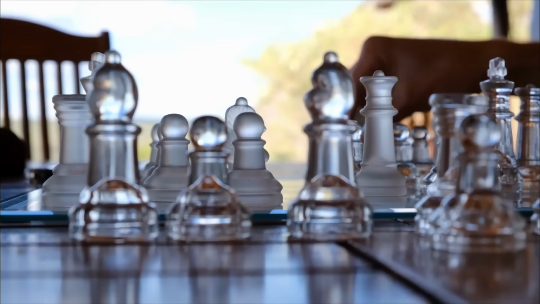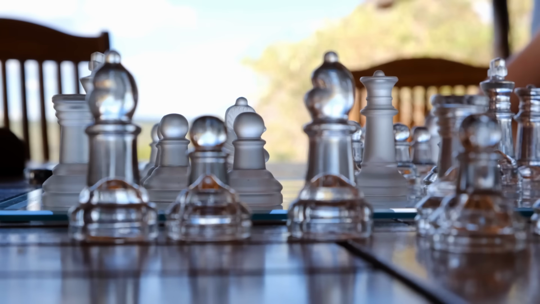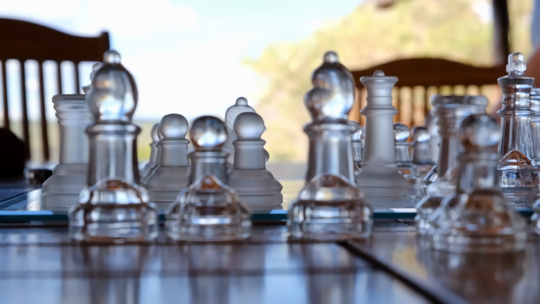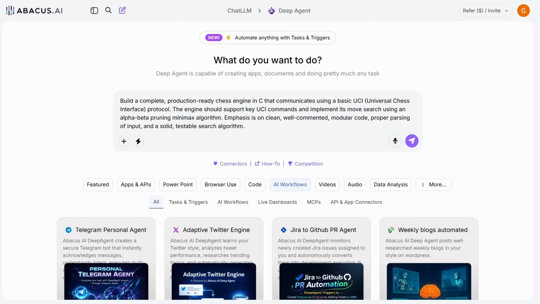Now, only a few years ago, chess was considered the toughest problem computers could solve. It was a benchmark of their intelligence. Now, the Abacus AI Deep Agent can code full stack apps, websites, and interactive dashboards, as I've just shown you. It can create entire apps with hosting, a database, and authentication, but can it play chess? This is the question. So let's ask the Abacus AI Deep Agent to create a fully working chess engine in